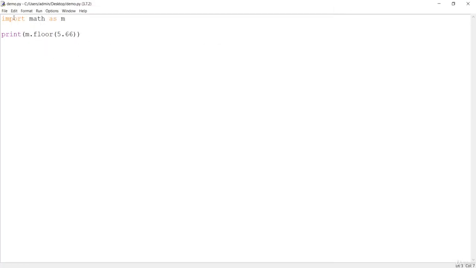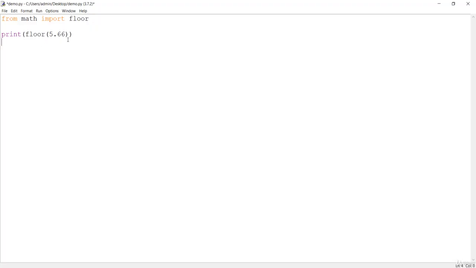You can also do something like from math import floor. If you want only some function, you can do it like this. Now you do not need to type yum dot, because we have just imported the floor method.